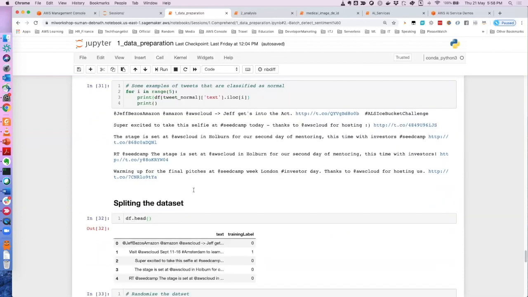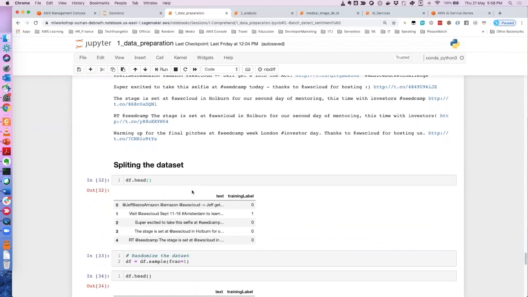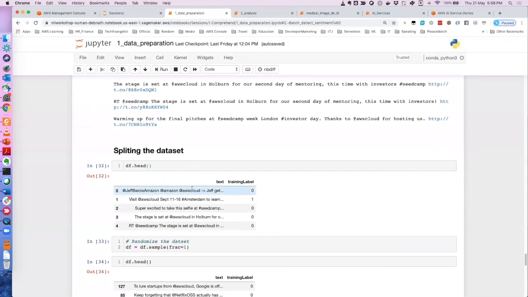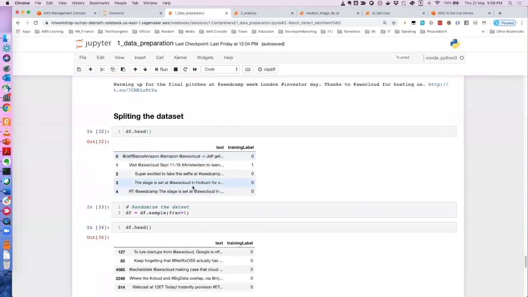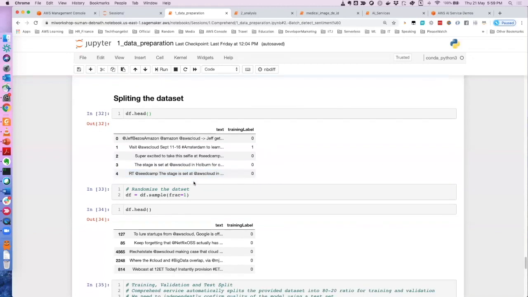But now we are going to split that data into two sets, training and test. Training we will use to train, and test we will use to validate. In machine learning, let's say you have 100 data points. You split them into training and testing. You use the training data to train the model, and the testing data points to test whether the model is good or not. A general idea is that people keep 80% of the data for training and 20% for testing, or 90% for training and 10% for testing.